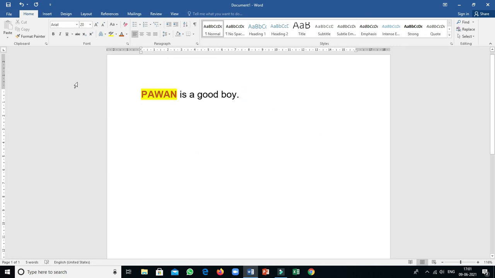After this, suppose I have to use strike through, then the subscript and superscript options. So what does strike through mean? Suppose, just like in your biodata form, you are mentioning the sex or gender as male or female. So here also I am writing male/female. Now I have to strike the male. So how should I strike? Select the data, then click on strike through.